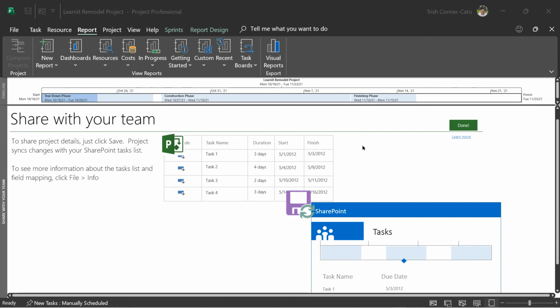So during both the beginner and this course, I've said that when you're creating custom objects, put them in capital letters so they stand out a little bit more. That is a recommendation only. Project does not care. So we're at the point now where in the beginner course, we created a custom calendar based on the standard calendar, and we named it Remodel Calendar. In this course, we created a custom table, our tracking with baseline values table,